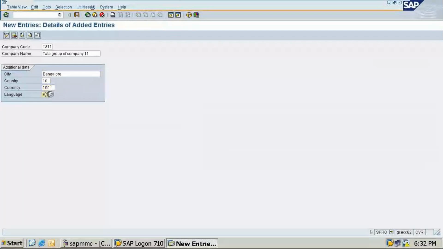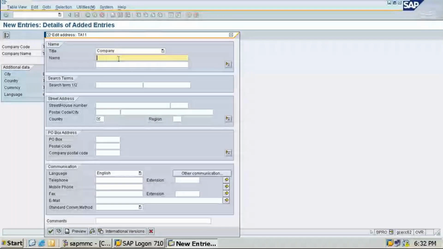I'm not going to revise this again, so just see step by step and you can do it afterwards. Here, Tata Group of Company, because this is only a one day revision class. After this, we'll start other topics.